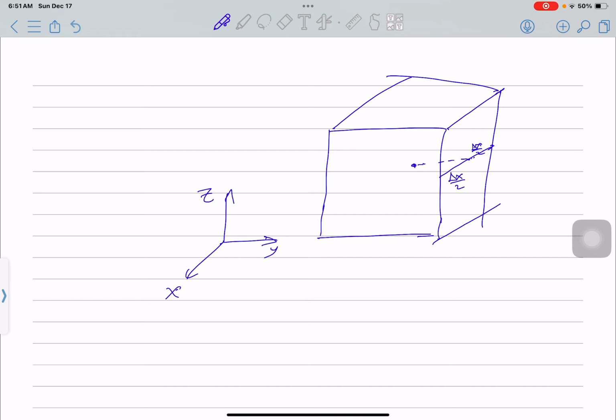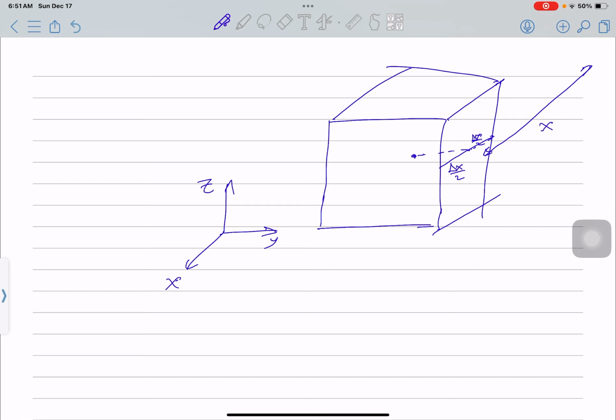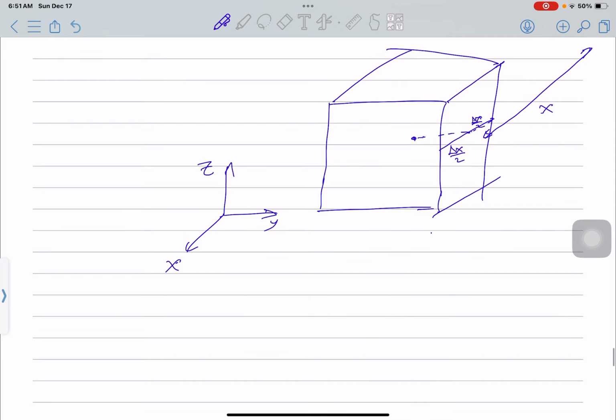This point will have an x that depends on our origin point of the object that we need. In order to define the function, we have a temperature field that depends on x, y, z and time,